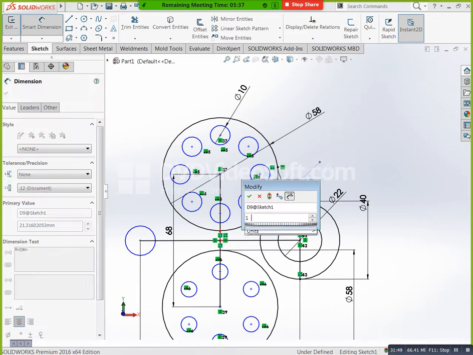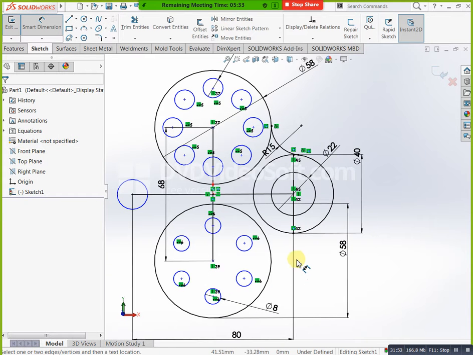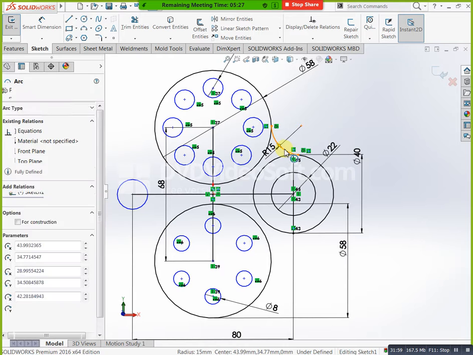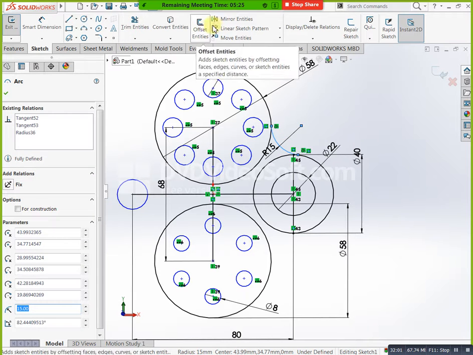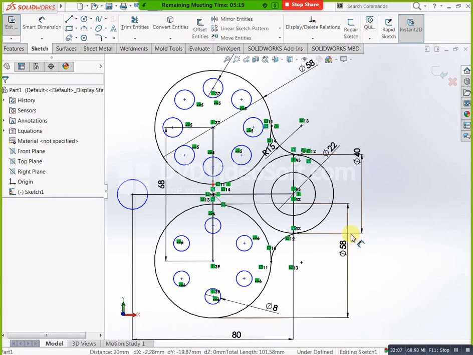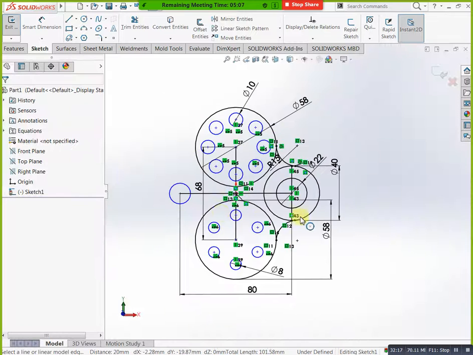Okay, then now you can take a line here, exactly this portion to this portion, tangent. Okay, next exactly we'll take one more line. You got two tangencies. Okay, if you need tangency for this, you can select this line, tangency. Okay, now you can see we completed our figure now.